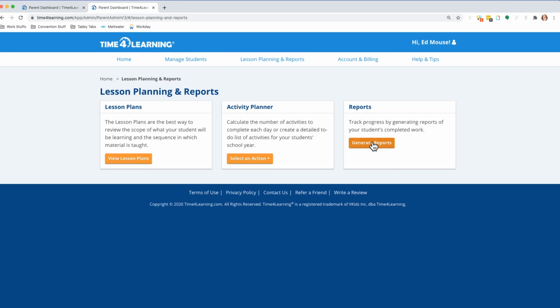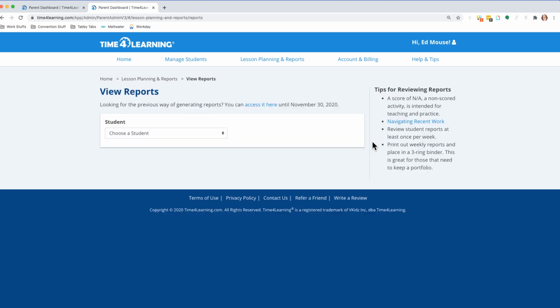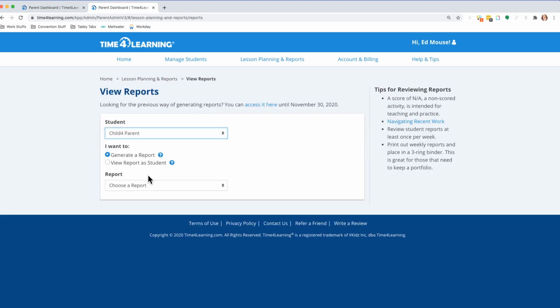Generate Reports. This is where you're going to go for student progress. You'll pick a student. Generate Report. When you come down here, you'll get an option. This student just has a custom report. This is where you will also find Time for Math Facts and Time for Languages if your student is enrolled in either of those add-ons. So you'll go to Generate Report, Custom Report,